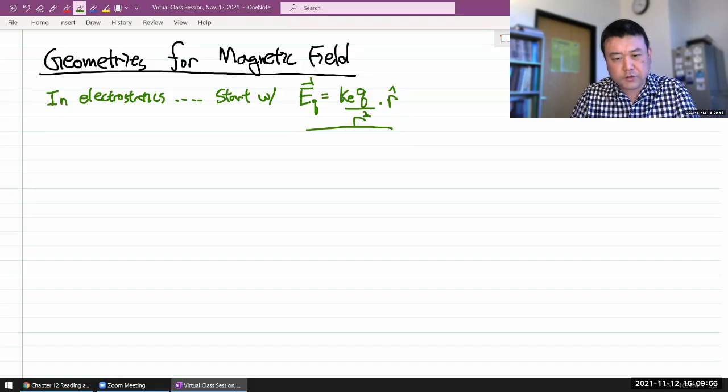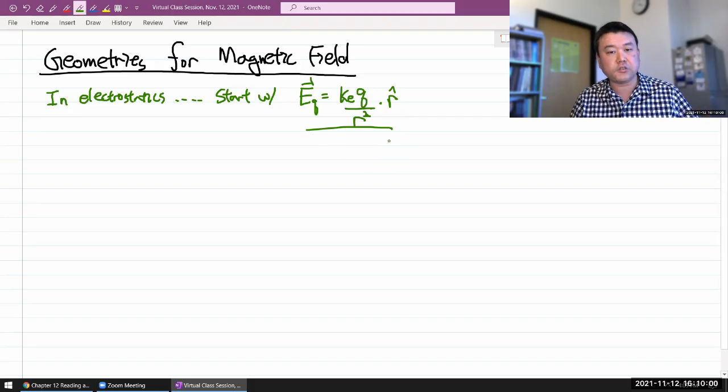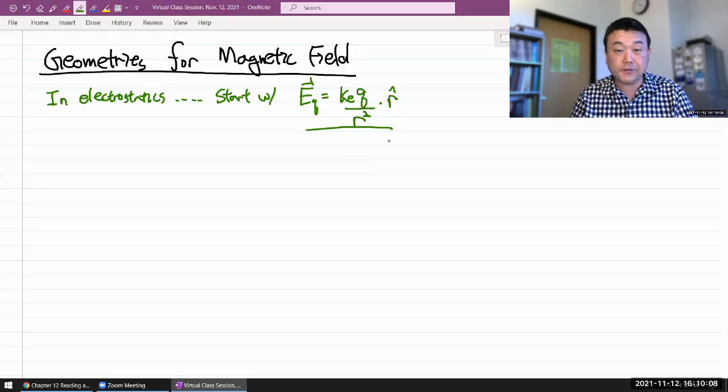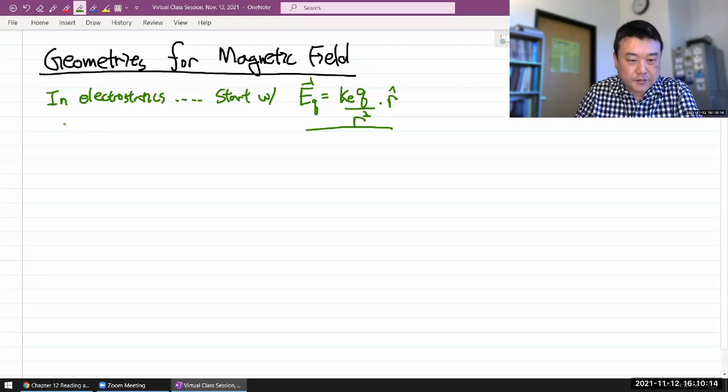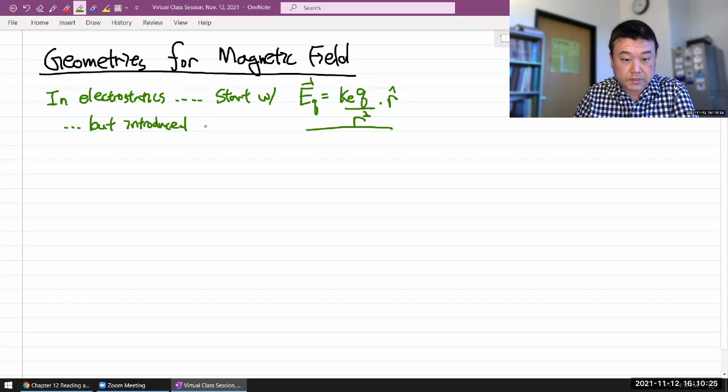But pretty soon, this becomes difficult to work with for extended charge distributions. Like if you have an infinite line of charge, then you have to do an integral. If you have a plane of charge, which is actually quite common, like in capacitors, you have to do a double integral. So what we introduced is Gauss's law, which says the surface integral of E dot dA over a closed